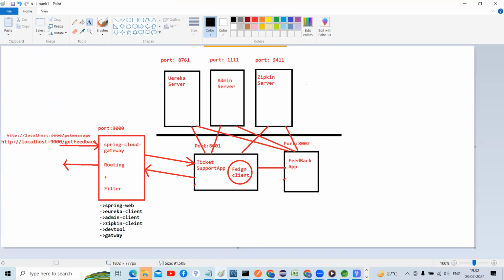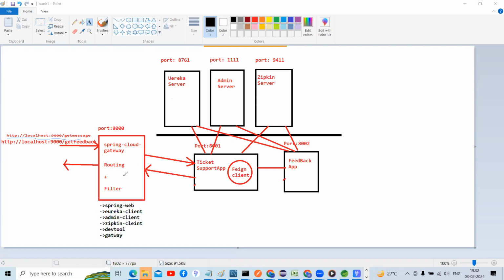When I send a request using this URL, it is sent to the API gateway. That API gateway identifies which application it needs to connect to,